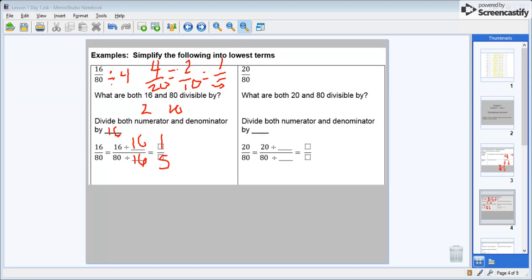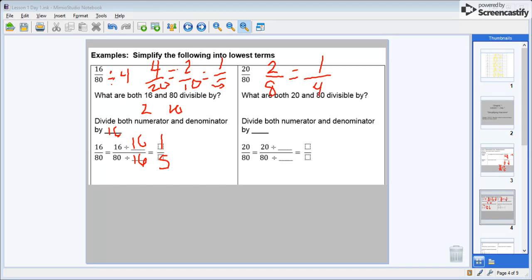This next one, 20/80ths. They both end in a 0, so that tells me I can divide them both by 10 to start with. I divide 20 by 10, I get 2, and 80 divided by 10 gives me 8. 2 and 8, can I divide both of those numbers by the same thing? If you can, then divide them. So in this case, I can divide both of those by 2, which gives me 1, and 8 divided by